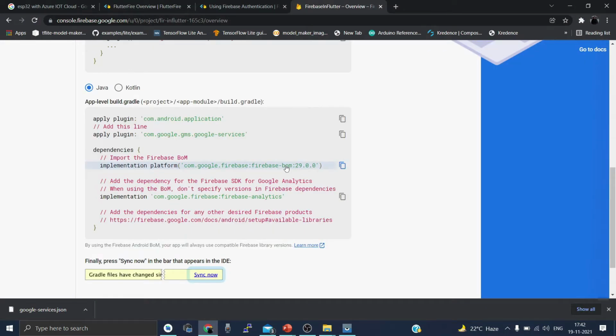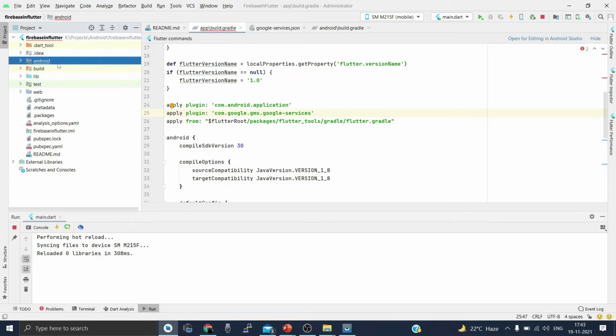You can see here that a few of the libraries have been declared. These libraries need to be declared only if you are planning to write Firebase code in your native Android application using Java. If you are planning to integrate in your Flutter application, then declaration of these two libraries is just not required. So we will skip these for now. Now we have done the necessary steps to integrate our Android application with the Firebase platform of the Firebase project.